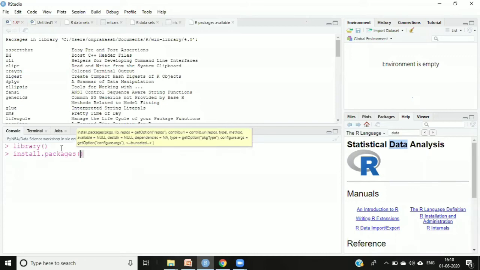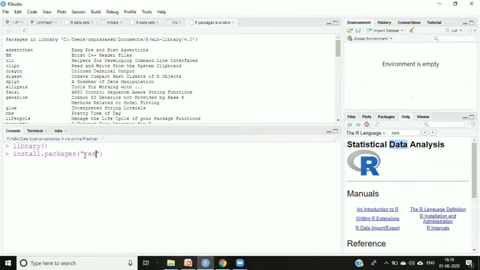I hope that all of you are practicing simultaneously. So install.packages, and here I'll give the name of the package which is required, the library which is to be installed. So I'll say reshape2. One thing, you must have an internet connection.